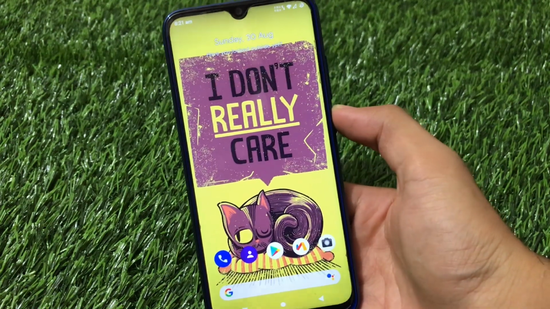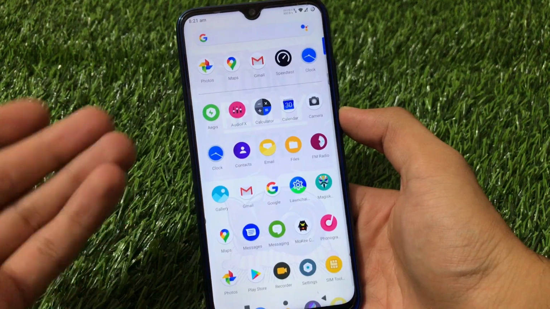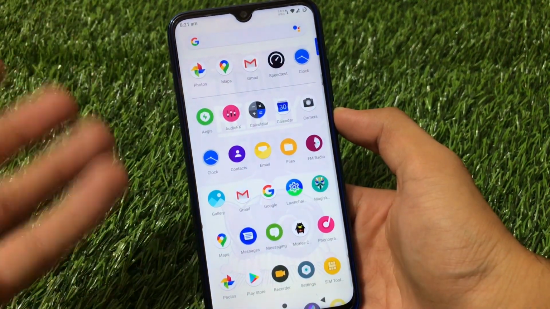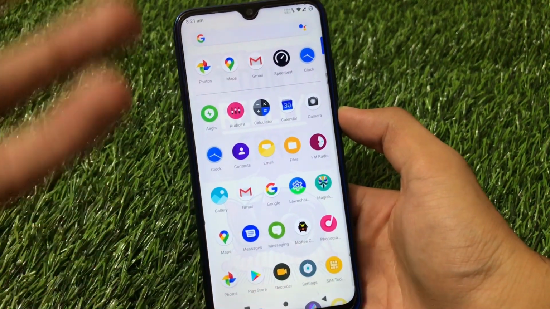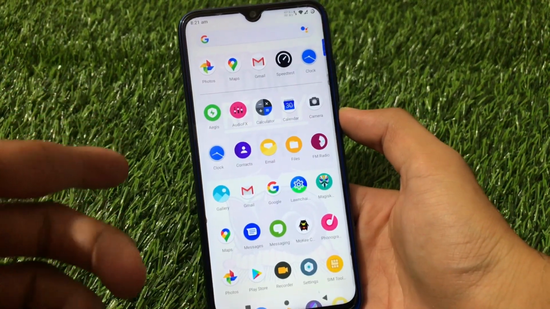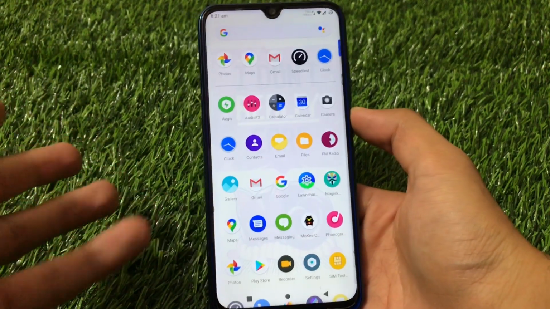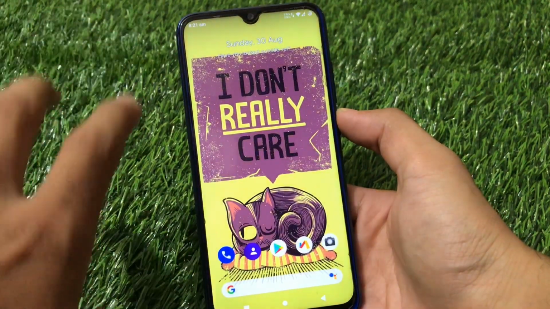And finally Moki OS is available for a lot of devices. It's officially available for some great devices like Xiaomi Redmi Note 7, Note 7 Pro, Redmi Note 5 and a lot more devices. And now Redmi Note 8, which has the unofficial build, is included. So actually I have Redmi Note 8, that's why I'm reviewing this ROM now.